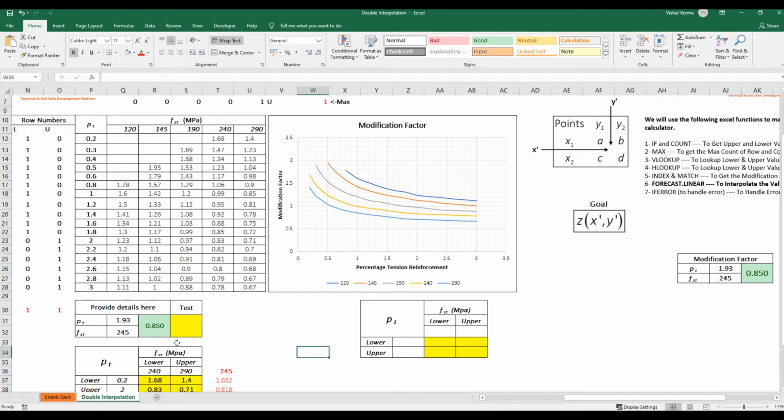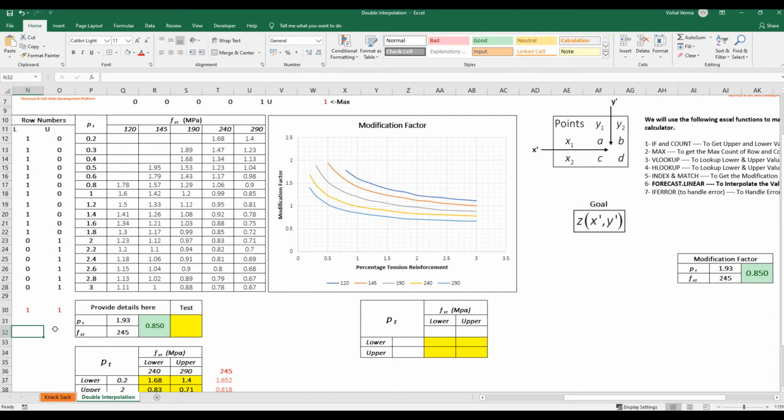We will use VLOOKUP here. For this table, we will use VLOOKUP to get the PT values. For getting the upper values, we will use the max of this, and I am getting 1. For getting the lower, for the lookup value, I am again using max for these values.